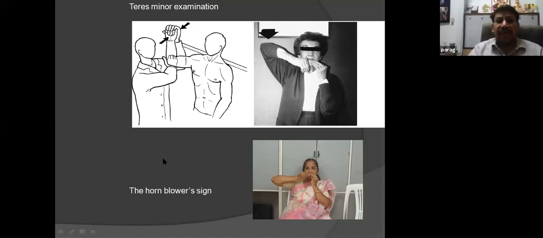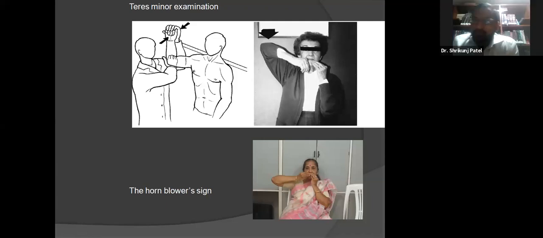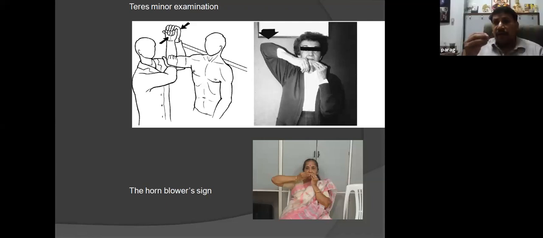So another easier way of testing is you can ask the patient to raise the arm to the mouth. This means the recruitment of teres minor. So if the teres minor is involved either in a rotator cuff tear or it is paralyzed, the patient has to abduct the arm to reach the hand to the mouth. So this is like an interpretation of the Hornblower sign, that the patient cannot reach to the mouth unless they abduct with the deltoid and bring the hand to the mouth. So this is another way of interpreting that. If the patient cannot bring the hand to the mouth without abducting, it is very likely that the patient has a teres minor involvement, and you can call it a positive Hornblower sign. Okay.